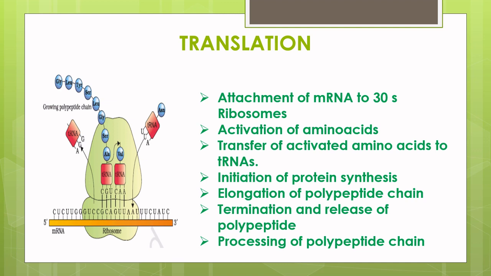Now this one will move to the P site and AA3 comes to the A site and tRNA moves out of the exit site. So like this, the amino acids keep coming and keep moving on as though they are moving on a conveyor belt. As a result, the polypeptide chain gets synthesized by addition of the correct amino acid